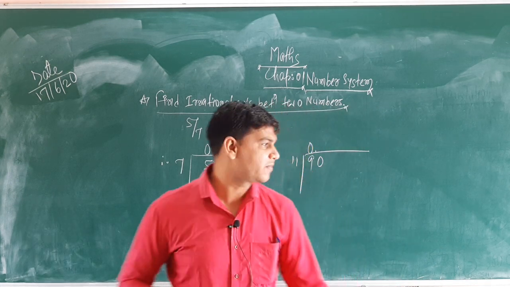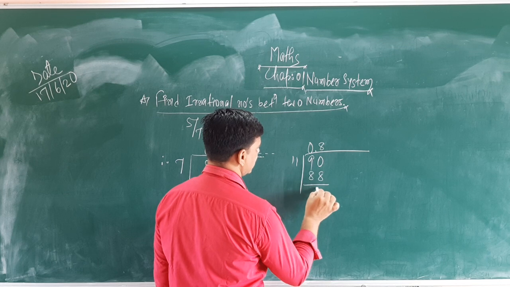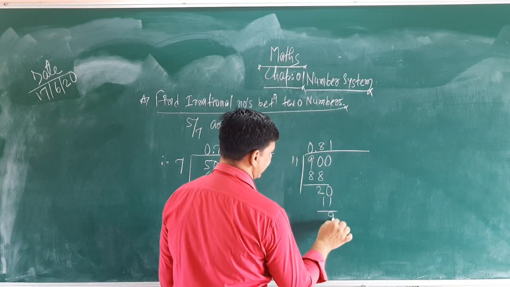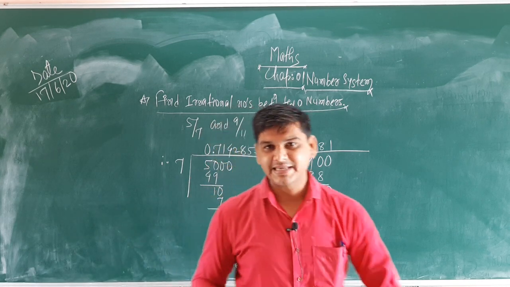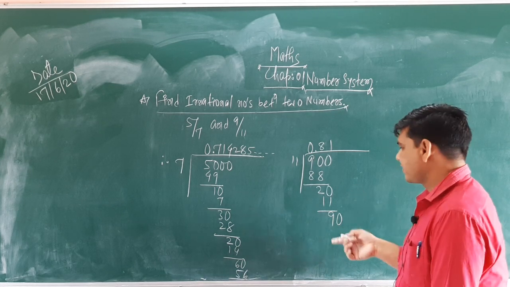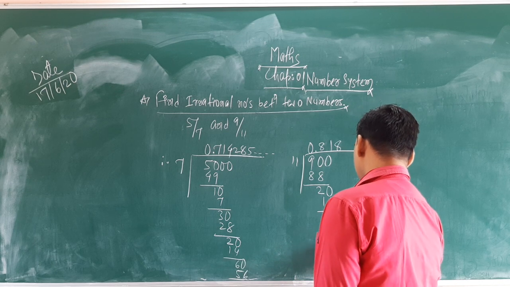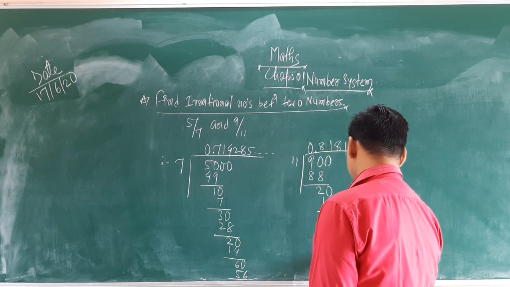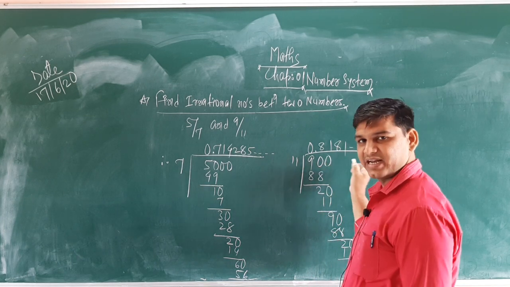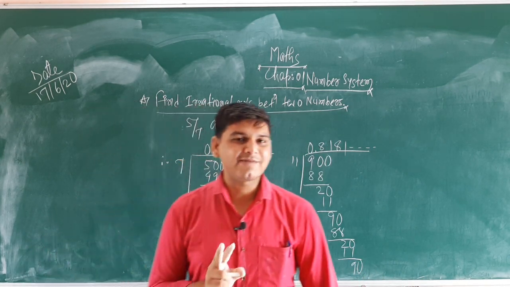Now how can we find out? 11 eights are 88, right? So 2 and 0. 11 ones are 11, that is 9 and 0. Now see, the same procedure will come, starting from 90, we will get 90, the same number can be repeated. 11 eights are 88, 20, 11 ones are 11, 9. So the same process, 0.81, 81, 81 repeatedly.